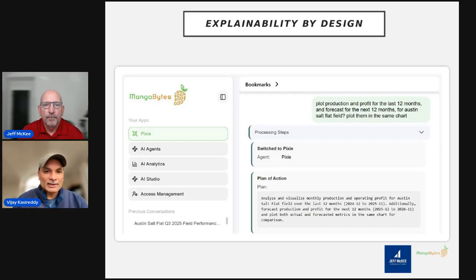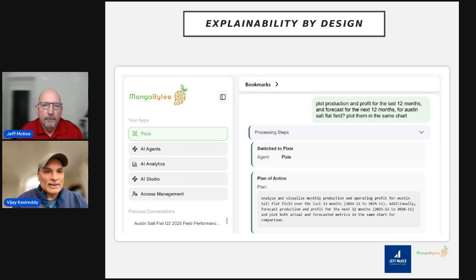So let's look at a concrete example, such as the one that we see on the screen. In this case, the user asked: plot production and profit for the last 12 months, as well as forecast for the next 12 months for the Austin Salt Flat field.